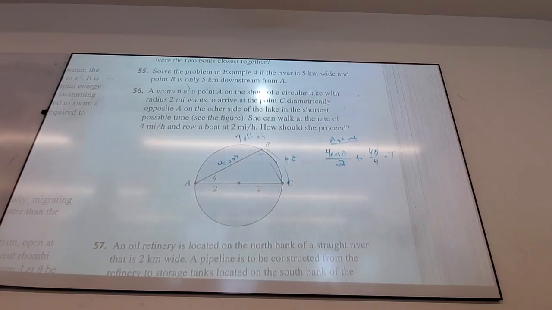So that specific problem has way too many little pieces that you might have forgotten. But I needed to put it, because the answer ends up being she should walk the entire way. The critical number you find maximizes how long it takes. You guys kind of with me? Well, that's not what we want. So when you find a critical number, it doesn't mean it's gonna be the answer, because it could do the opposite of what you want. You gotta plug it in first. The critical number you find makes the time biggest.